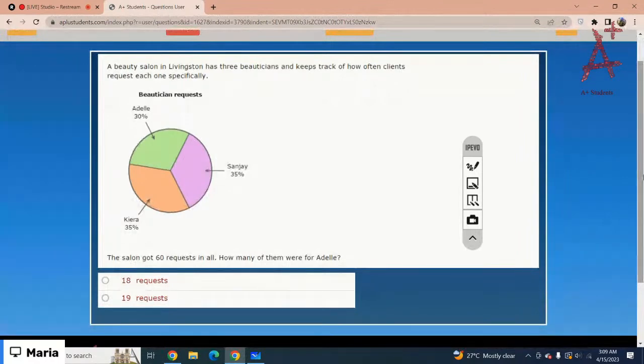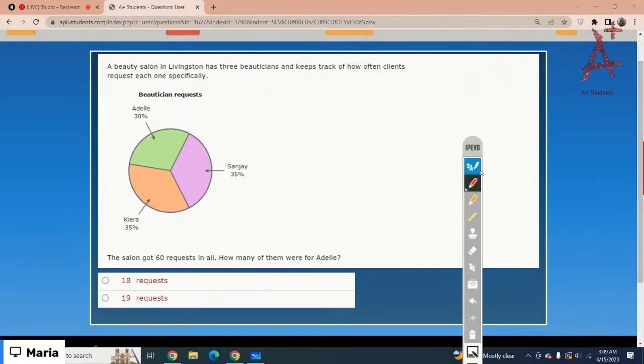A beauty salon in Livingston has three beauticians and keeps track of how often clients request each one specifically. The salon gets 60 requests in all. How many of them were for Adelaide? So 30% were requested for the Adelaide. Got it? So just calculate the 30% of 60. Got it? So it would be